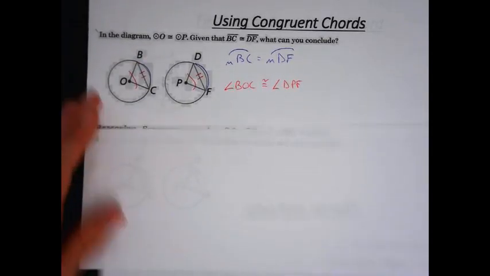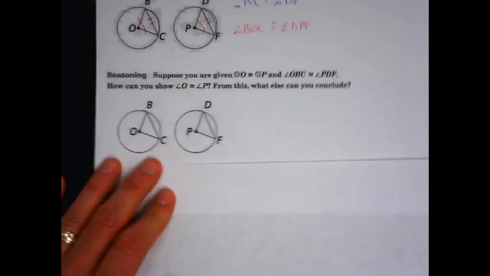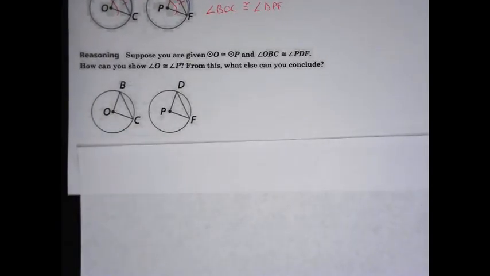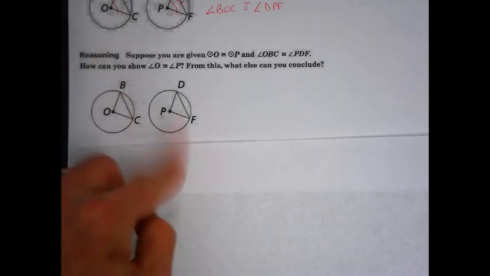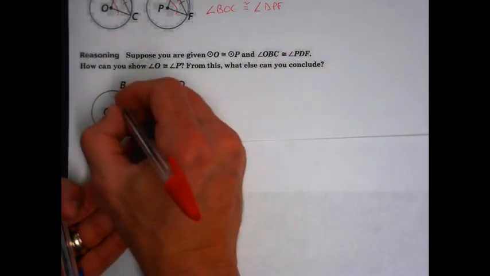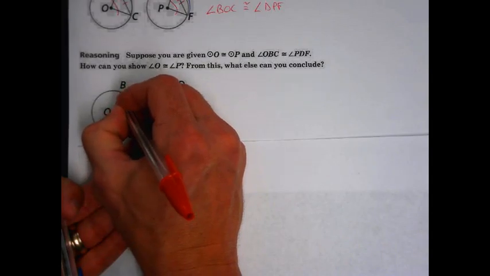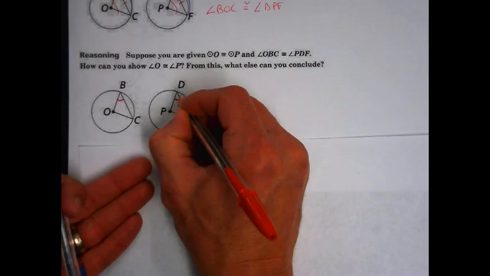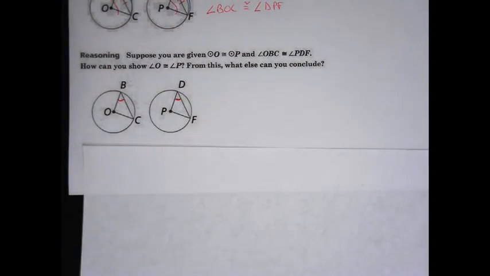Let's take another example. This one's not as straightforward, but hopefully we can get there. Suppose we're given the two circles congruent, circle O, circle P. And now, check out this piece of information. Angle OBC, which is right here, is congruent to angle PDF, which is right here. What can we conclude? How can we show that angle O is congruent to angle P, and then what else